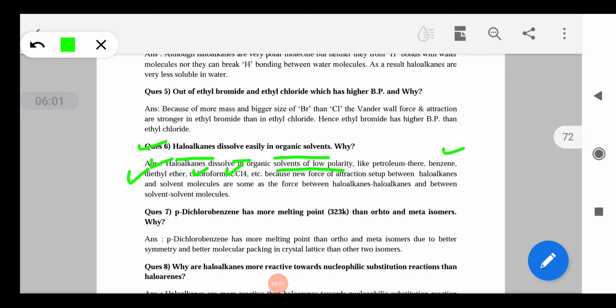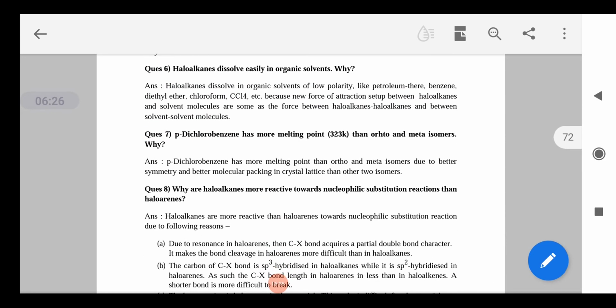But if you want to write a more scientific or more detailed answer, then you can say because the new force of attraction set up between RX and solvent molecules is the same as the force of attraction between RX molecules and between solvent molecules, तो इस वजह से ये soluble होते हैं।